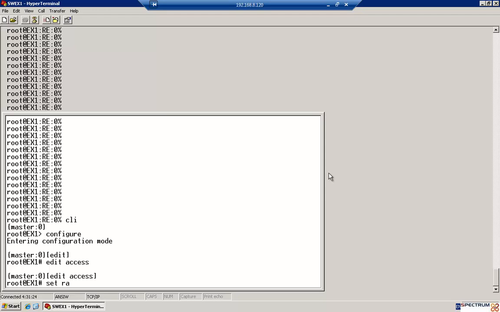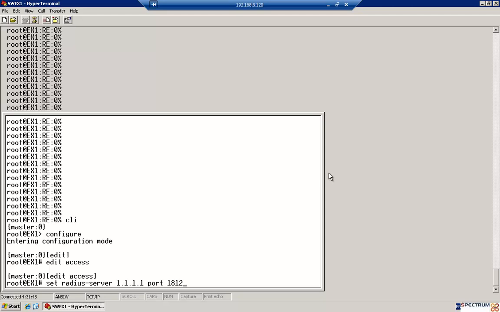So set radius-server is the command, and then you have to specify the IP address of your Radius server. According to the case study, the IP address of the Radius server is 1.1.1.1. Then you have to specify the port number on which the Radius server is listening for the authentication request,